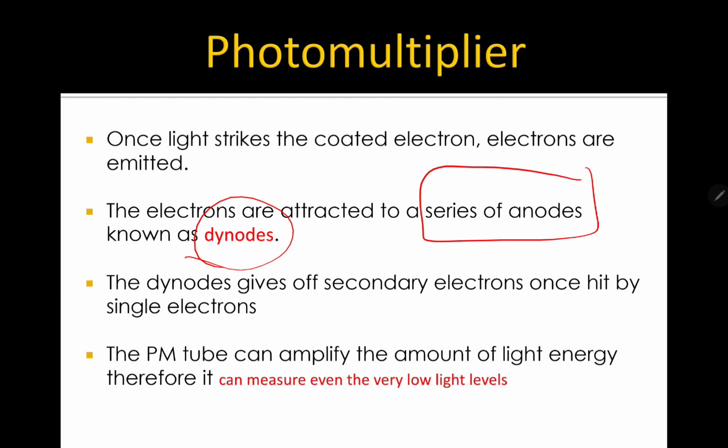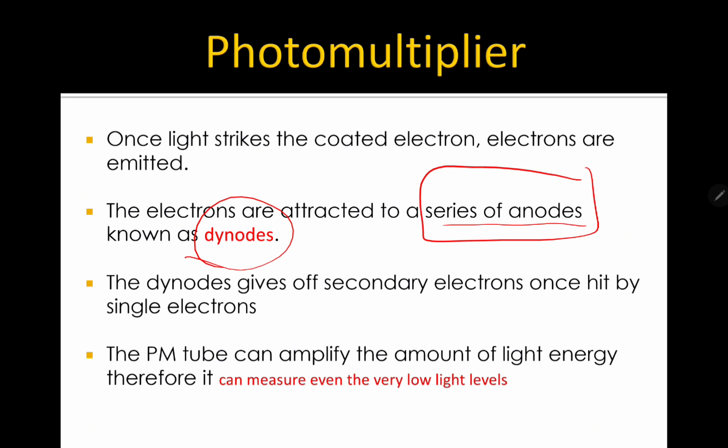So the dynodes give off secondary electrons once hit by a single electron. So the movement of your electrons is much denser compared to your phototube. The PM tube can amplify the amount of light energy, therefore it can measure even very low light levels. Since it has a series of anodes, guys, even if the light energy is small,